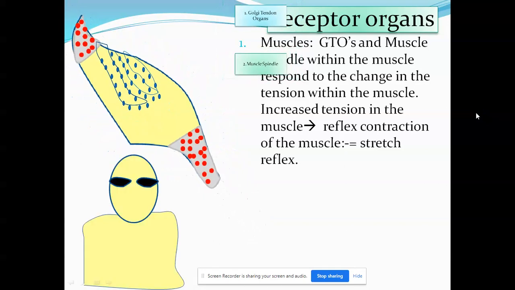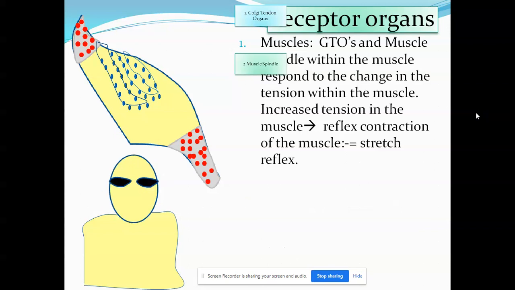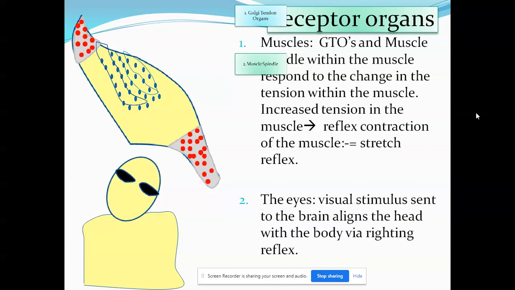Now coming to the second organ, that is your eyes. We already know eyes are present on the head and face part, which is standing on the trunk part. So when you tilt your neck to the side, your eyes are not looking straight. They are also tilting along with the head. So the orientation of eyes with respect to the object when you are looking straight is different from when you're tilting your neck. Hence, this visual stimulus, the orientation of the object in front of you, is sent to the brain,